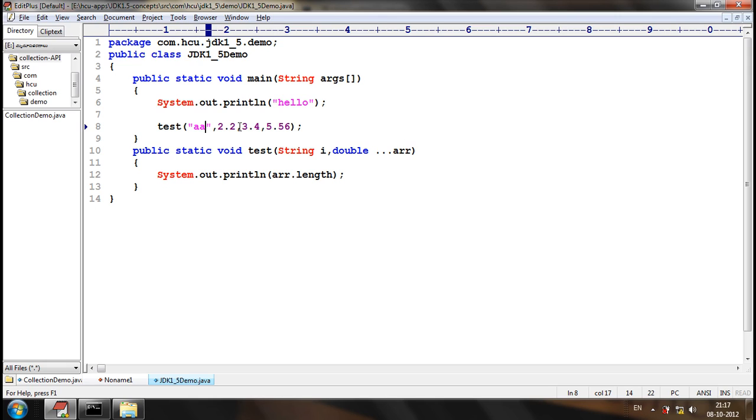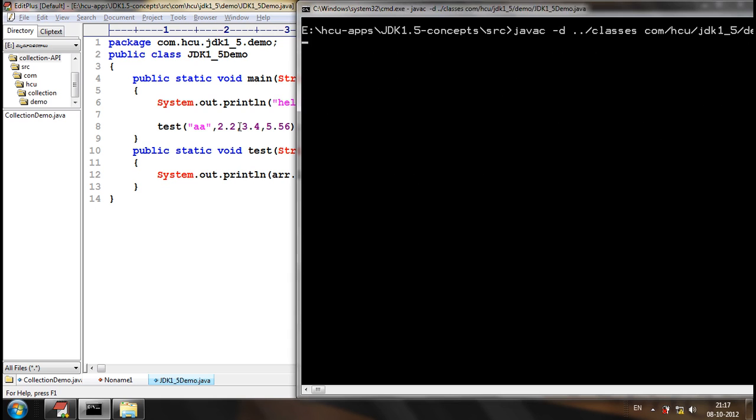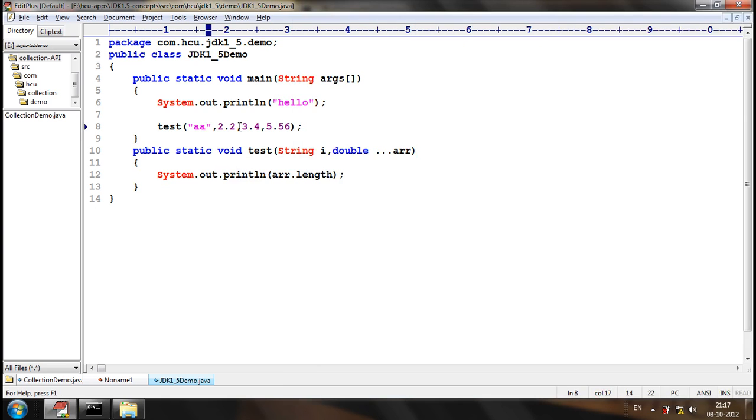Variable argument doesn't expect a value mandatorily. We may give or we may not give values to variable arguments, but for fixed arguments we should pass some value to call that method. So this will compile and execute successfully. But if you don't pass this fixed argument, then definitely it will be a compile time error.